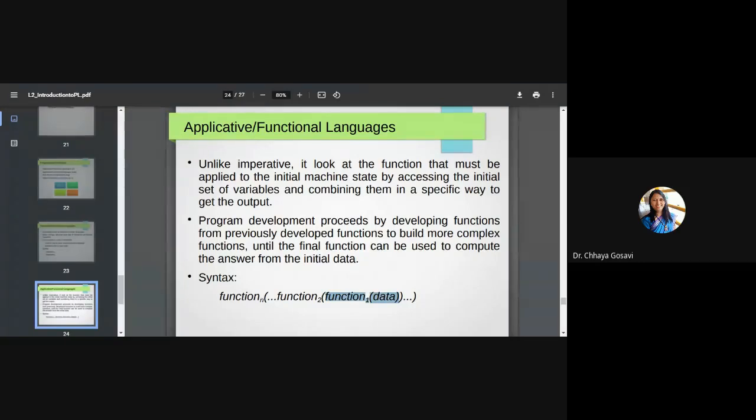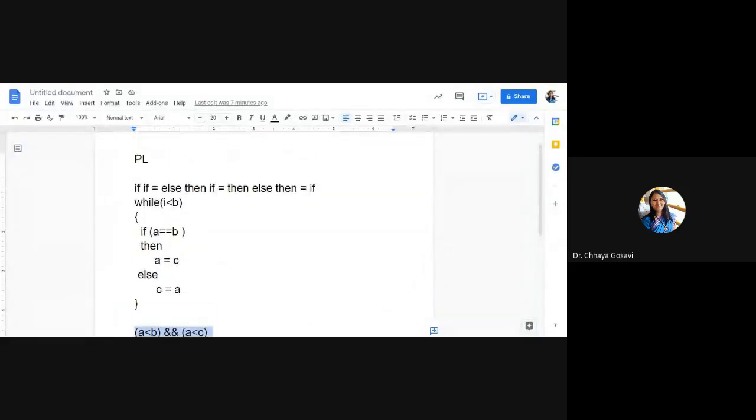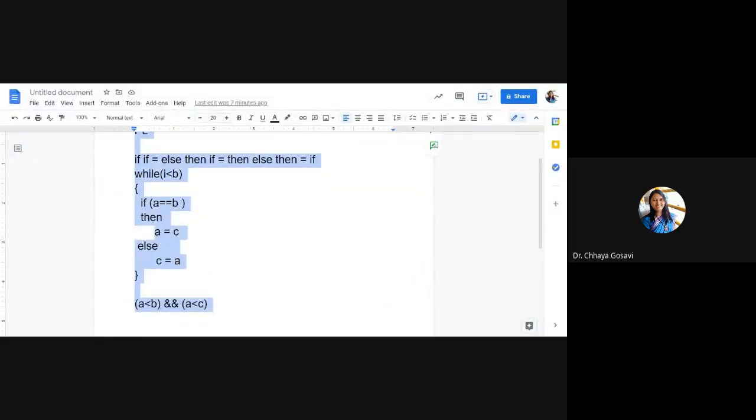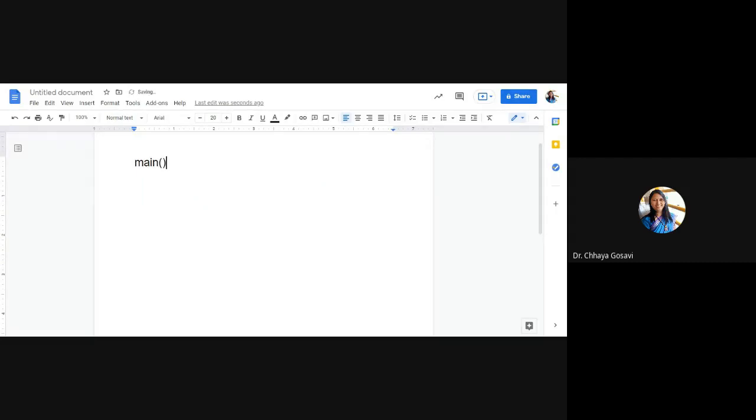In C language, we have the main function. Suppose main calls the add function, and the add function calls the input function.